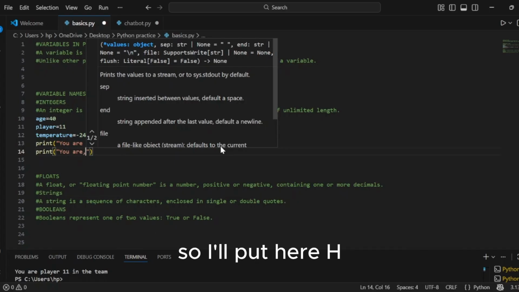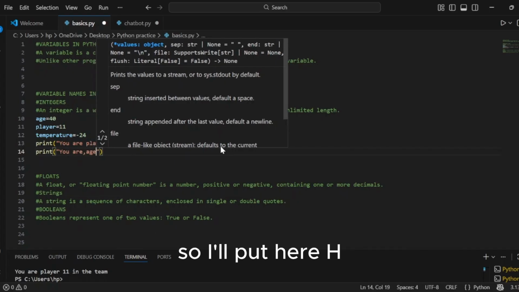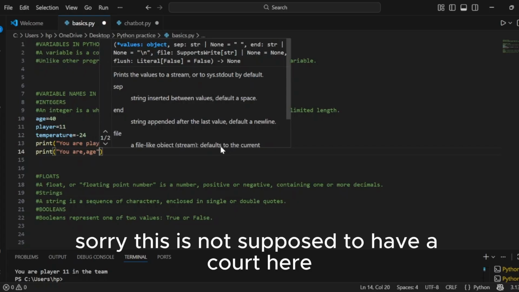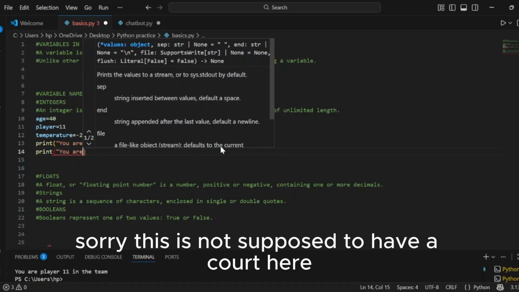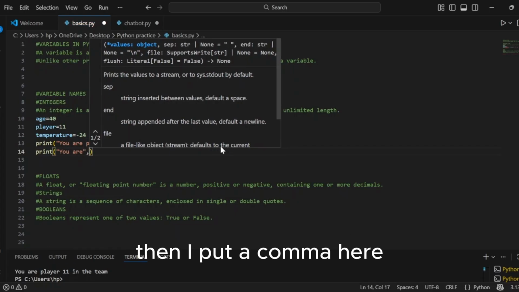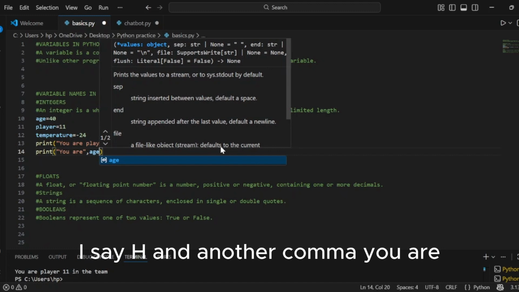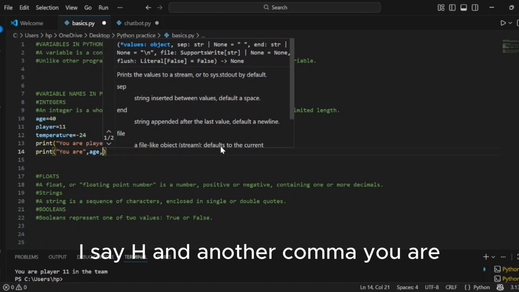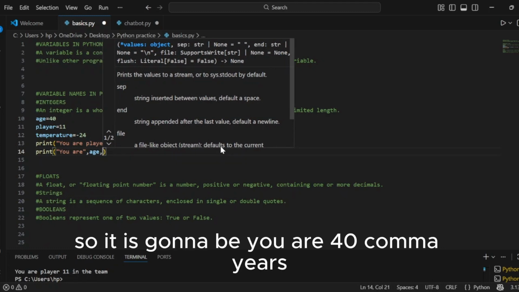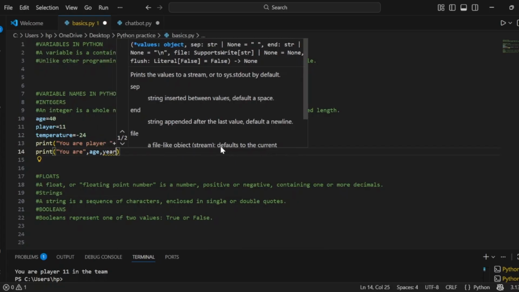So you are, then I'll put here age, sorry, this is not supposed to have a quote here. Then I put a comma here, I say age, then another comma, you are 40, comma, years old,